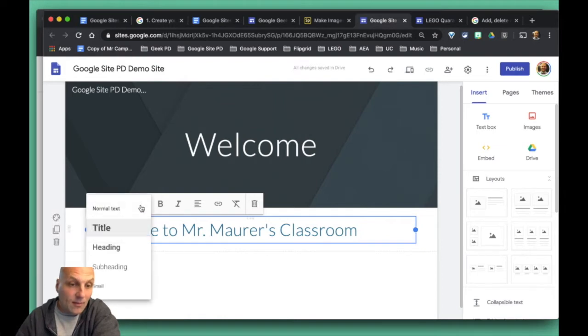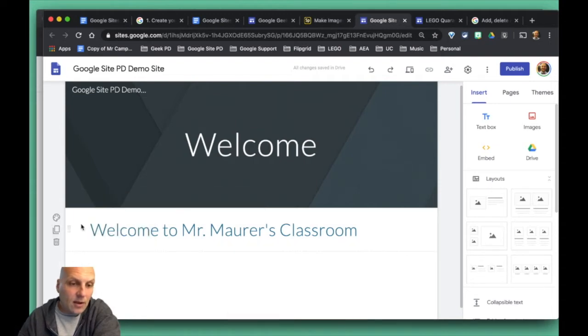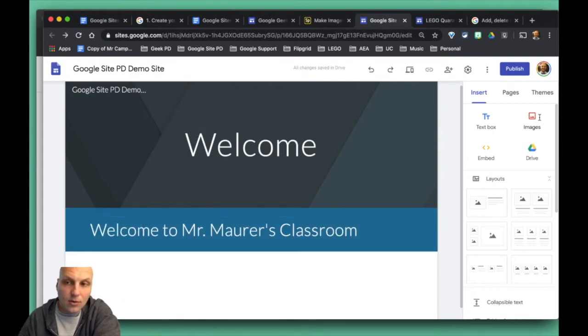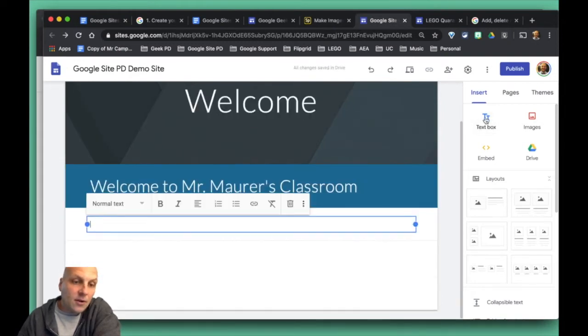I could make it a heading, as we start to think about having different sections throughout my page. As I start to build this out, I can do headings and subheadings. The other nice thing is I can emphasize different parts. If I want this to stand out, I can make it blue. And then maybe I add another text box with just regular fonts. I want to keep that backdrop white,